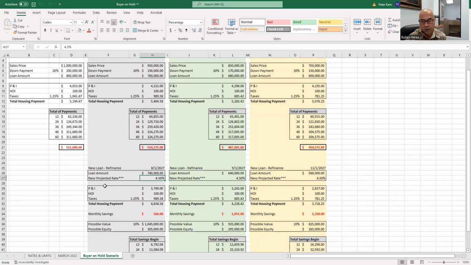Right now, again, nobody has a crystal ball. So what you're going to disclose to your potential buyer is that this is just an example of what could happen, but nobody has